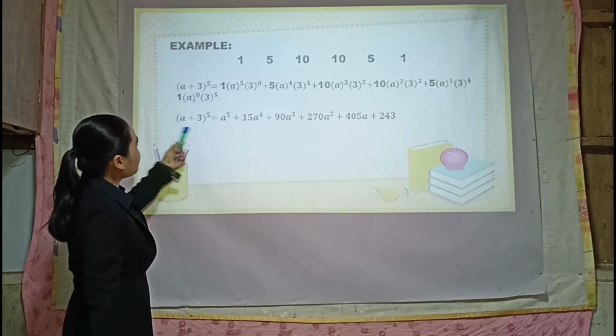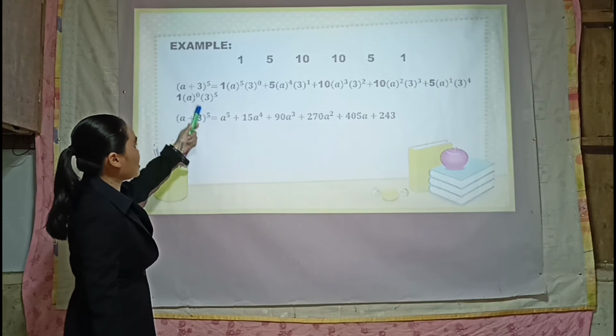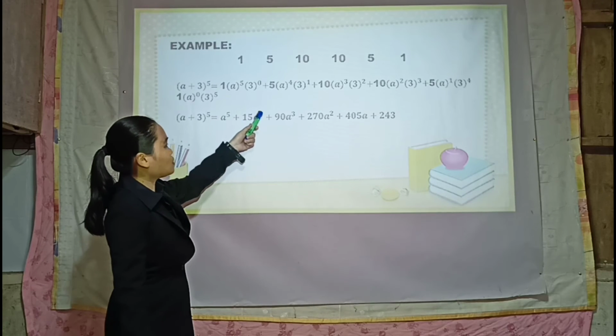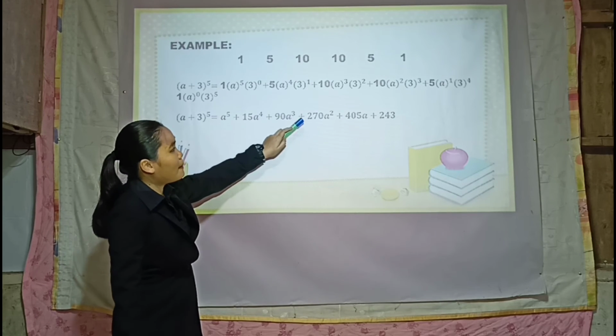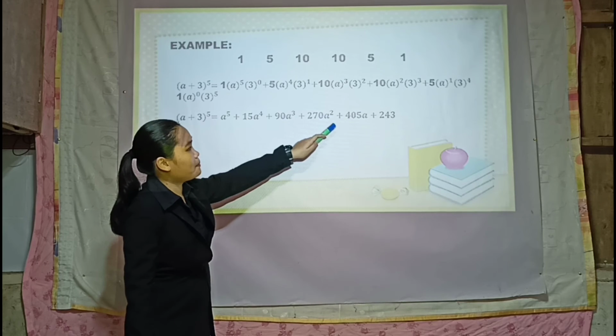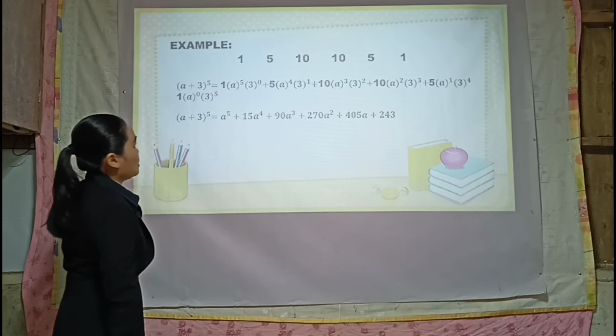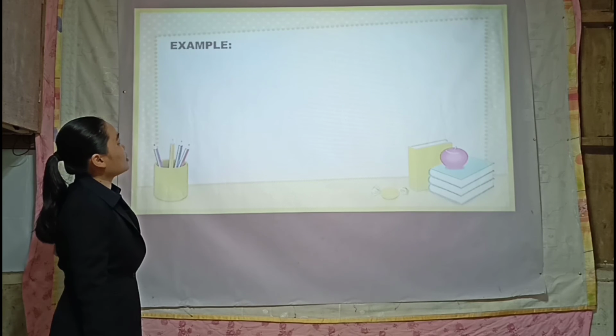So, the final answer for this expression, a plus 3 raised to 5 is equal to a raised to 5 plus 15a raised to 4 plus 90a cubed plus 270a squared plus 405a plus 243. Okay, let's proceed to another example